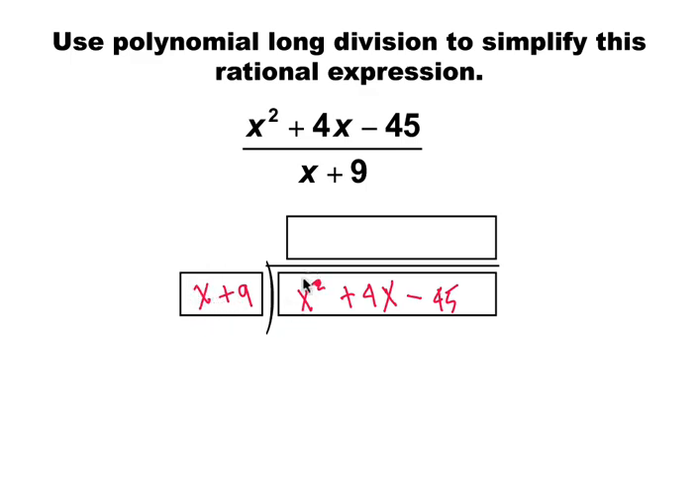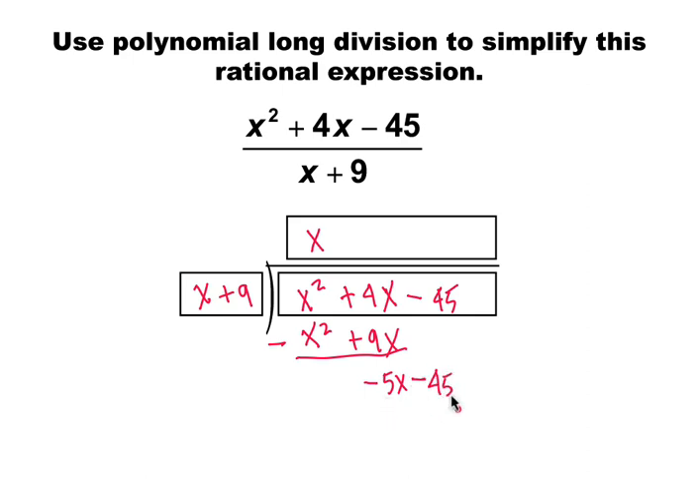To match this leading term, we multiply this expression by x, and we get x squared plus 9x. Subtracting this product from the dividend, the x squared terms cancel out. 4x minus 9x is negative 5x. And then we drop this term here,